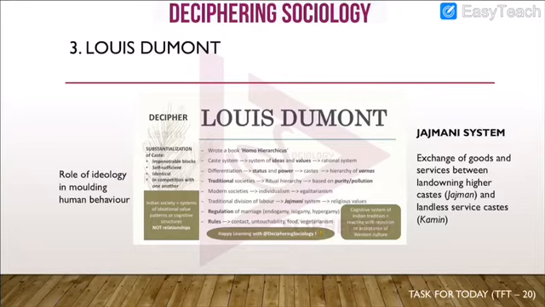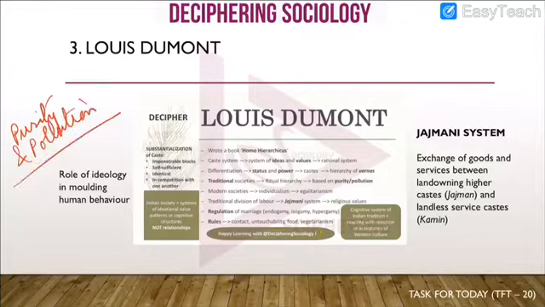Third thinker was Louis Dumont. His theory was mainly based on the concept of purity and pollution. He studied the caste system on the basis of the concept of purity and pollution. He said that some castes were more pure while the other castes were impure and they were responsible for pollution. So he wrote this concept in his book Homo Hierarchicus, and according to him the caste system was a